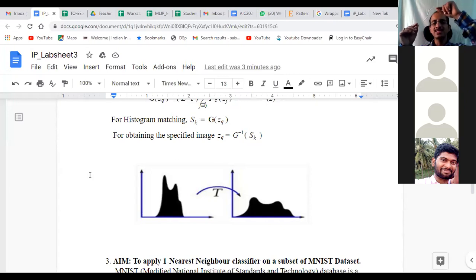Then what do you do? In the given image that you want to map to the specified image CDF, say the first image CDF value is 0.1. You look at where 0.1 is closely in the target image CDF, somewhere here. Corresponding to that, you see the intensity value. You replace the current intensity value, say 20 in the given image, with the value in the target image, say 25. You replace 20 with 25. That's how we map the CDFs and use them to modify the intensity information of the original image.